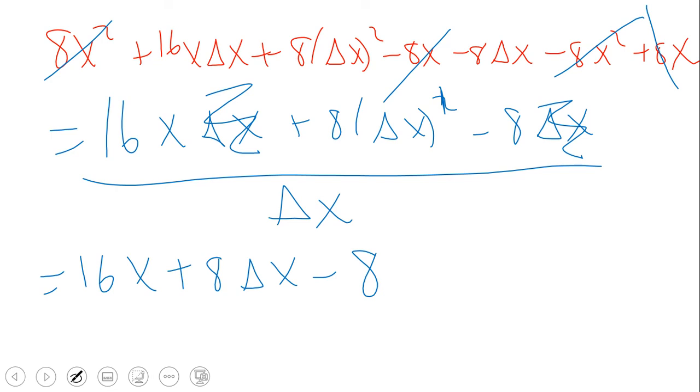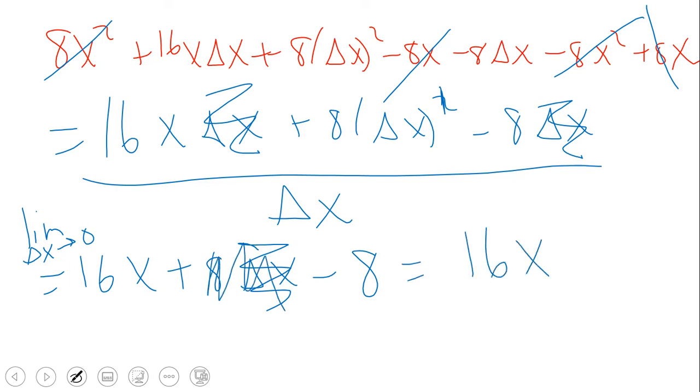Then last but not least, remember the whole point of this problem is you were trying to find the limit as delta x goes to 0. So that means you're actually going to take the delta x and turn it into a 0, which means this entire middle term is gone, which means you're just going to be left with a 16x minus